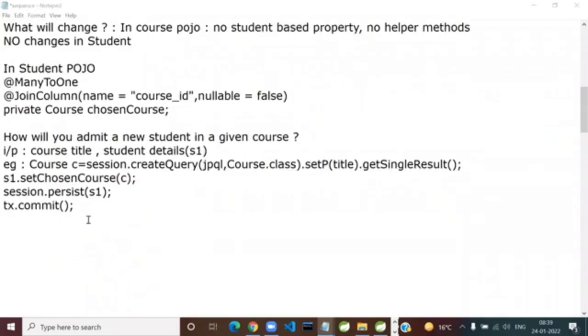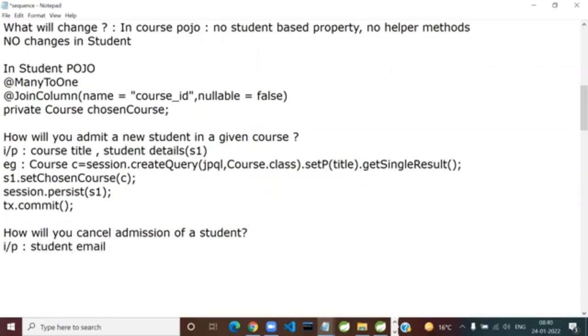Now the last one, and we'll go to the next revision. How will you cancel admission? Cancel admission for a student. The input he is given is, okay, this is my student's email. I always like to ask you different questions, so your mind doesn't get addicted to only one thing. Suppose I give you a student email. He has sent the application to the administrator or course coordinator, saying I want to cancel admission for this and this reason. Tell me how. You give me the steps. You give me the plan.